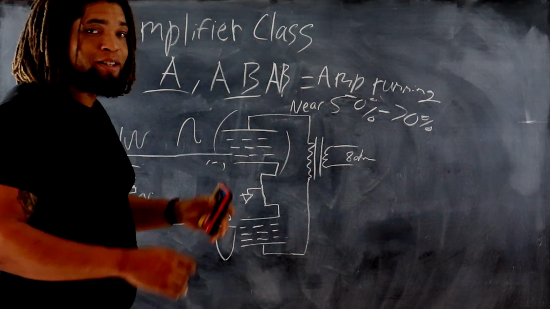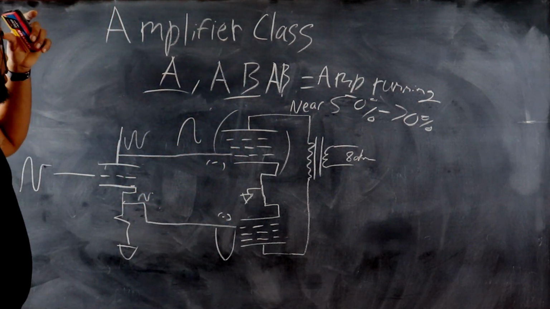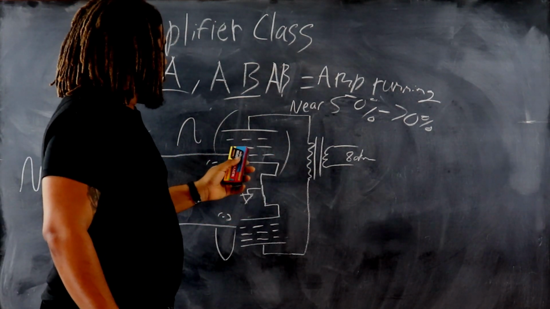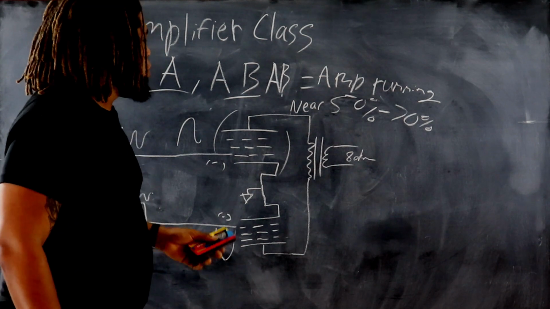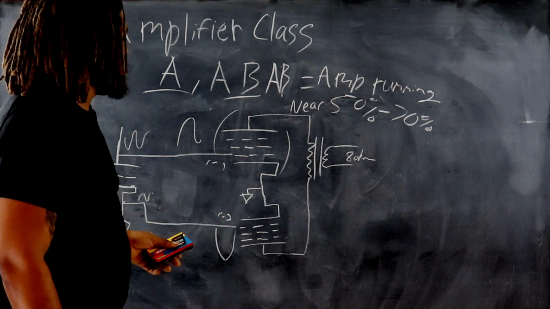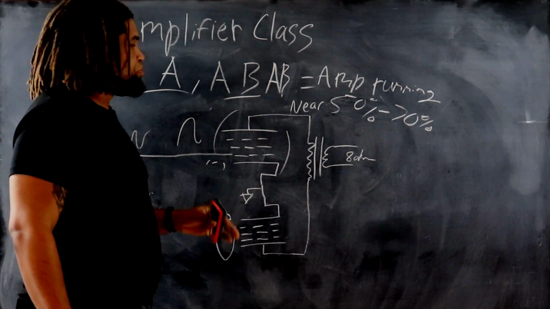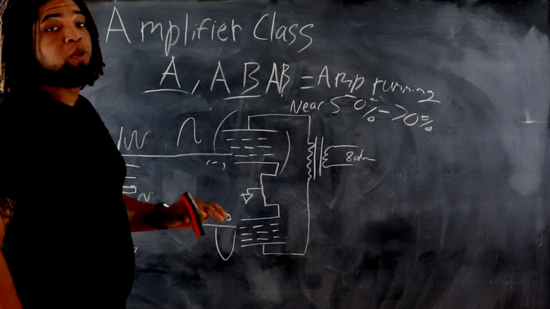So you can see the disparity there. So it becomes much more efficient to use a Class AB push-pull topology when you're wanting to get more wattage. It's much more efficient. You get more out of your tubes, and they run cooler. They'll last longer. There is a bit of a problem here with what's called